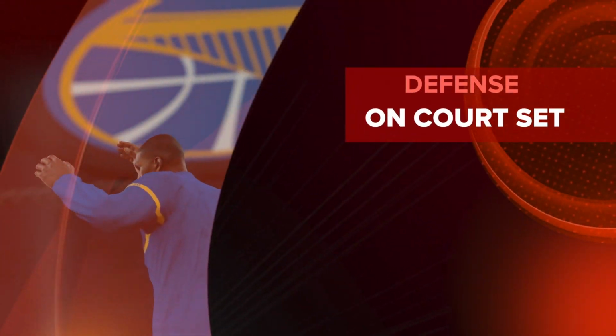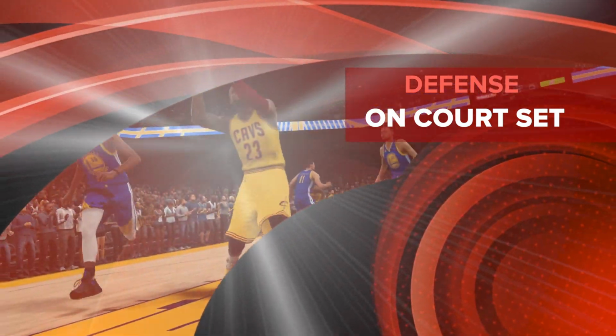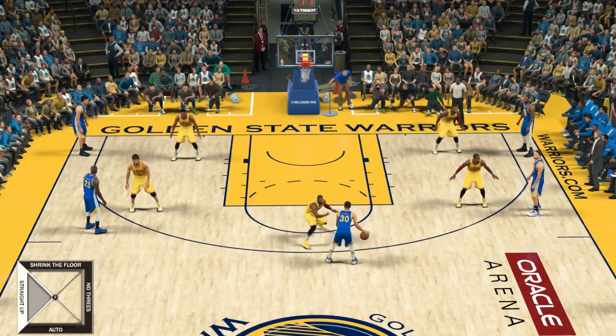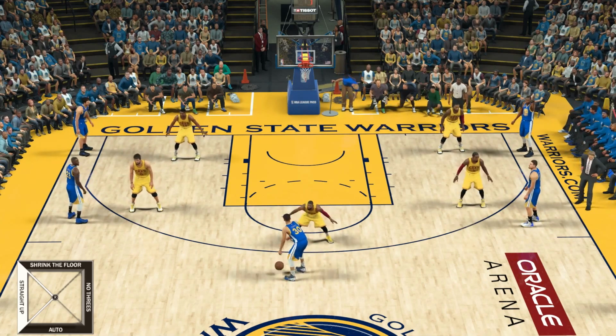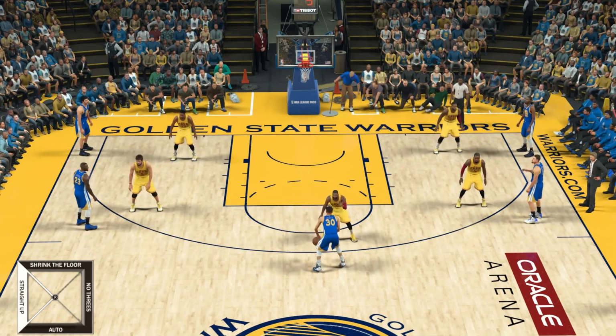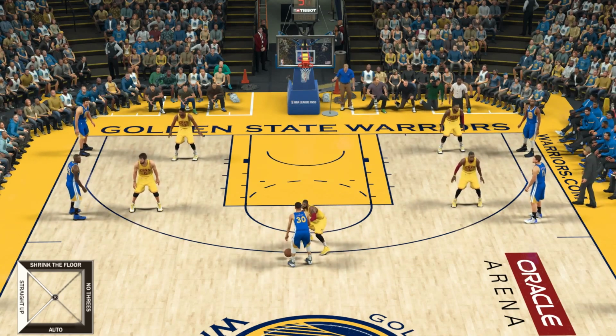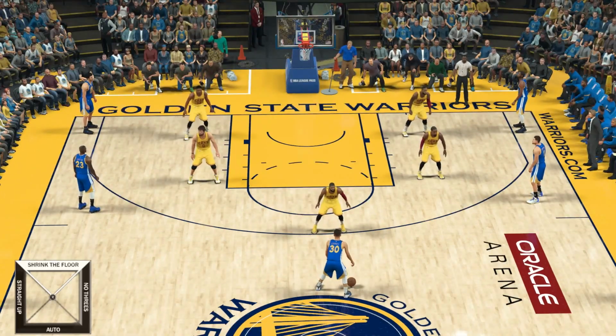So first we're going to start with the different focuses on defense. And the first we have straight up defense. And this is what straight up defense looks like. As you can see, everyone is holding average defense, no one is denying or playing tight defense. Now when I change the defense to shrink the floor, you can see how everyone falls back from the perimeter